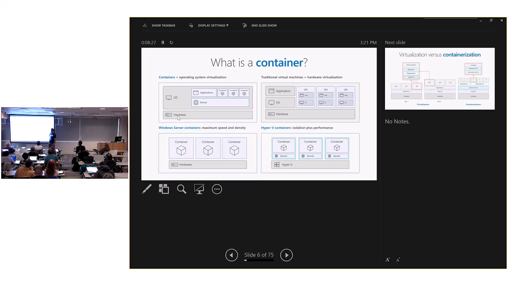Now jumping over here, the analogous conversation for containers, really, it just kind of moves this box of a VM, and what it does is it makes the kernel move up a level to where it's now shared. Now, it doesn't mean that when the containers sit on top of that kernel, they can talk to each other. There's still networking that needs to go on there. But what this does is it makes these very lightweight. They don't need to carry a full OS with them anymore. They don't need to carry a full kernel with them anymore because they're sharing the kernel from the host. So now this thing,